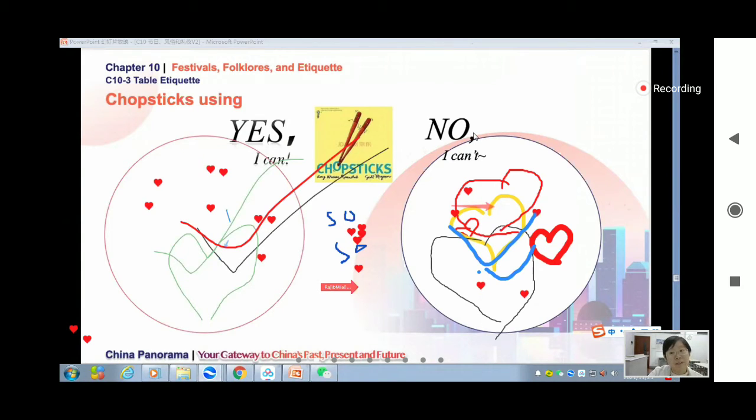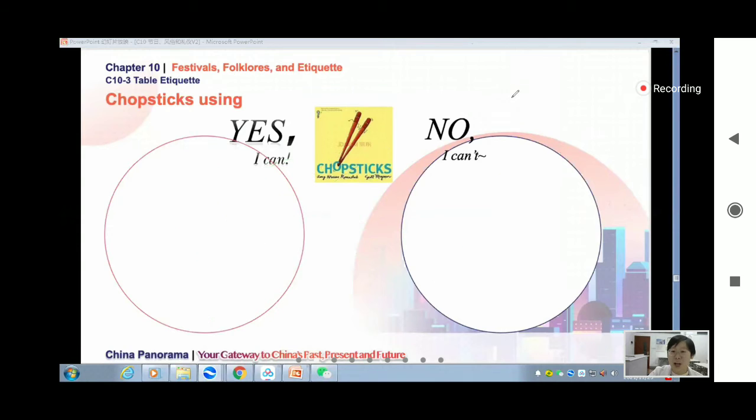So if you have business dinner with Chinese people, and if you use chopsticks to eat, they may think that, well, okay, you respect Chinese culture a lot, and this may make the Chinese businessman happy. Okay, so try to get used to chopsticks. Okay, but there are some